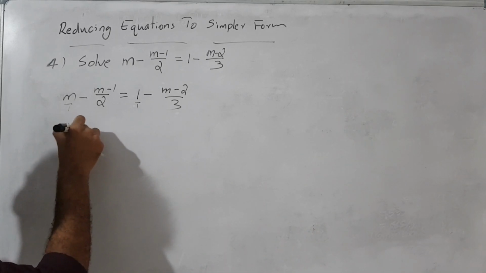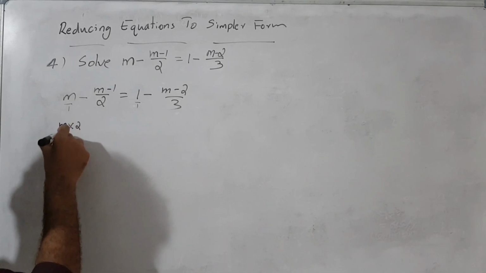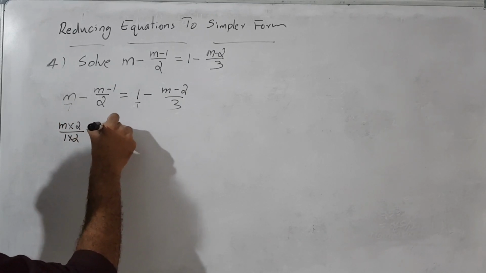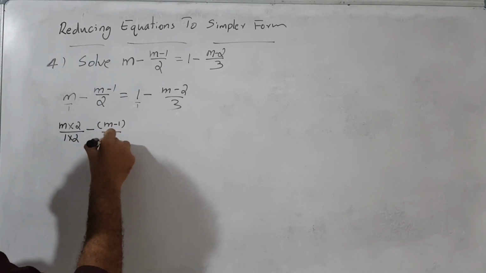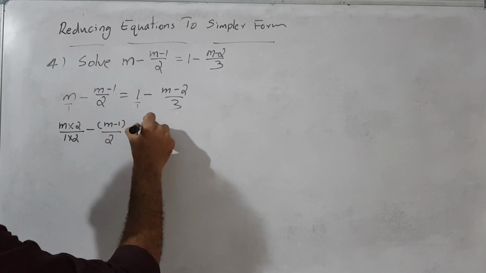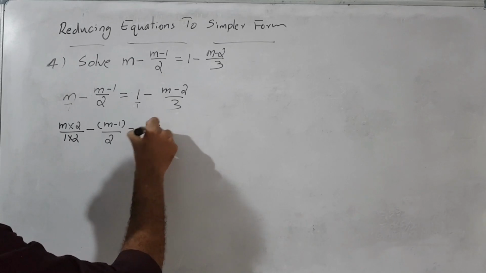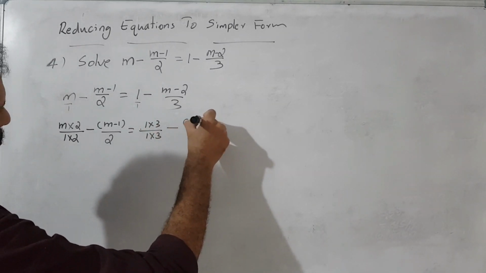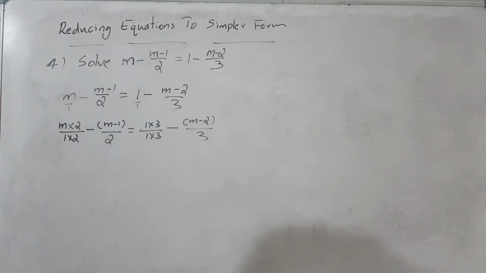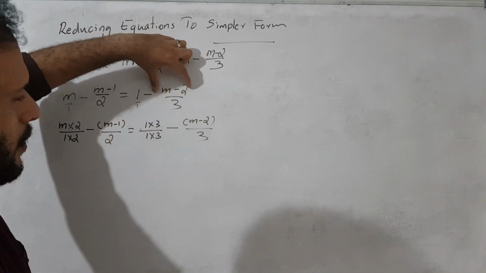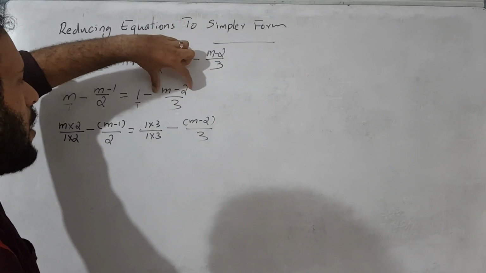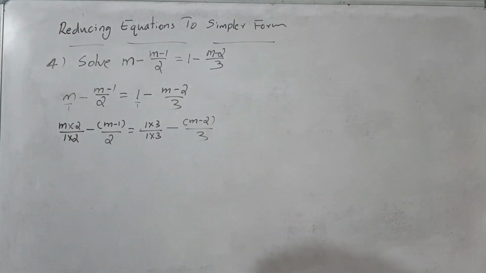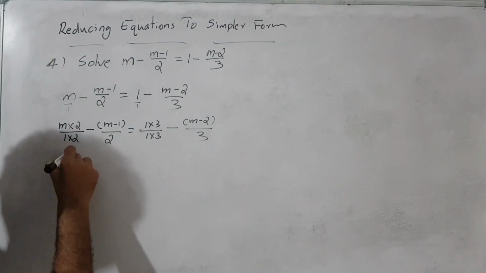2m into 2, m into 2 by 1 into 2 minus m minus 1 by 2 is equal to 1 into 3 by 1 into 3 minus m minus 2 by 3. Here m minus 2 is a single term. Okay, where more than one term is used, we put it in the bracket. Okay, then m into 2 is 2m